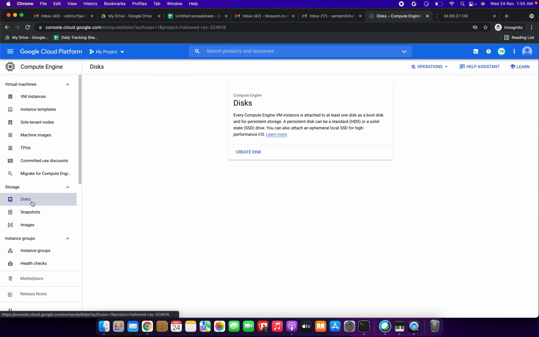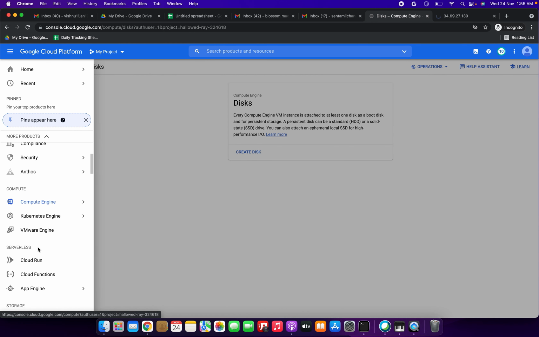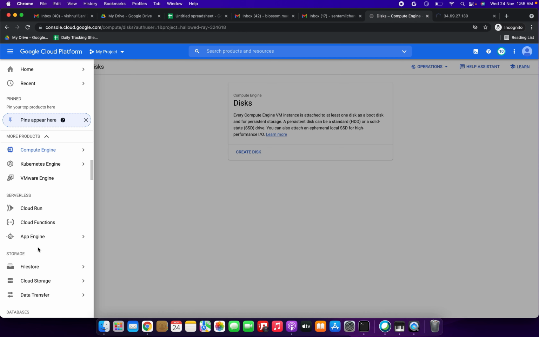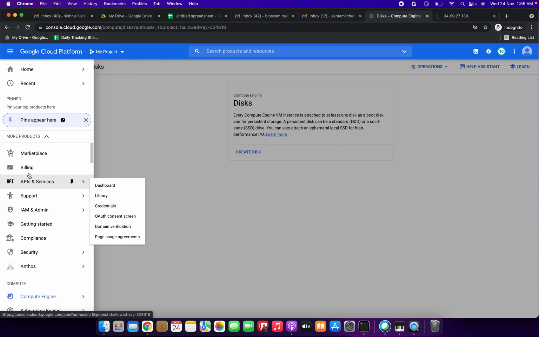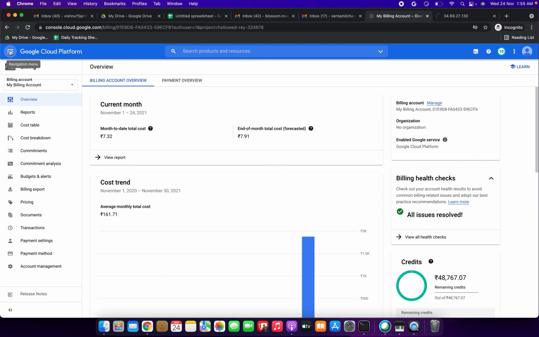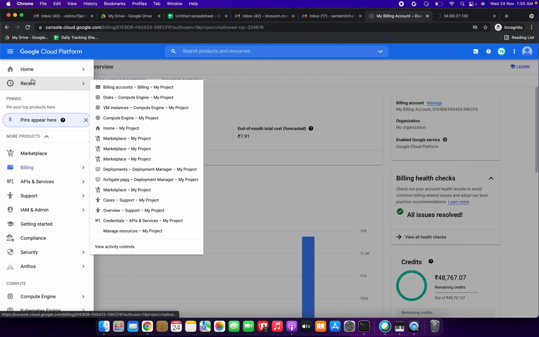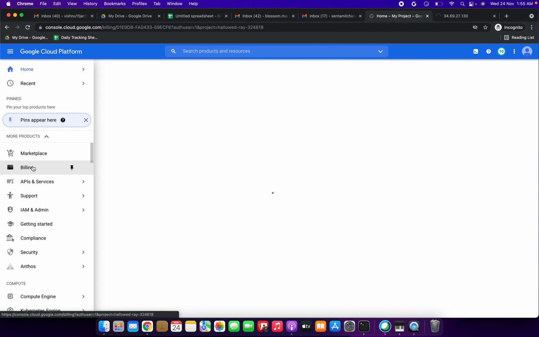Disk also I'm checking. No need to check it, friends, just for our reference I'm checking. This is new services, right? So that's what I'm checking here. So VM I have checked, and disk also I have checked. You can also check from your side. Billing also I'm going to check. I think they will not charge anything, right? We didn't use even 10 minutes. I mean 5 minutes only I have used it, I guess. So I have deleted it. So billing I am checking, friends.